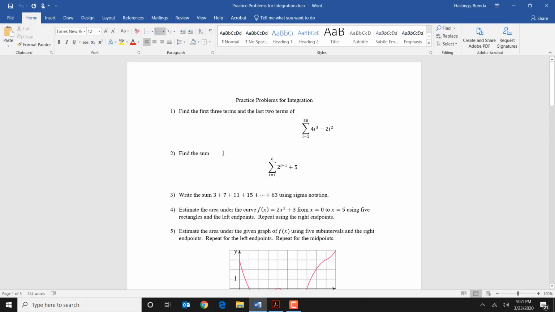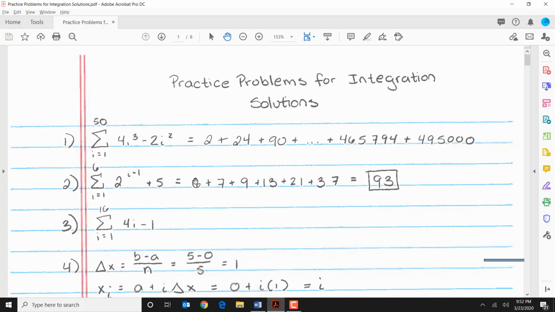For the next one, we're actually evaluating the sum. So I want to plug in 1, 2, 3, 4, 5, and 6 for i. When I plug in 1, I'll do 2 raised to the 1 minus 1 plus 5. Then I'll plug in 2, 3, 4, 5, 6. And I end up getting 6 plus 7 plus 9 plus 13 plus 21 plus 37, which will add together